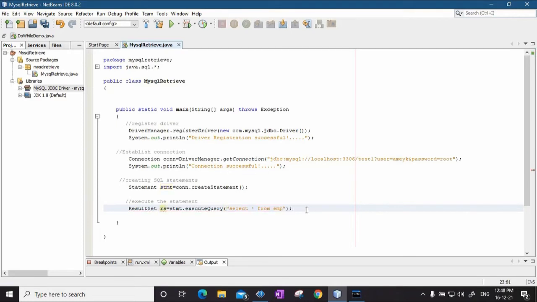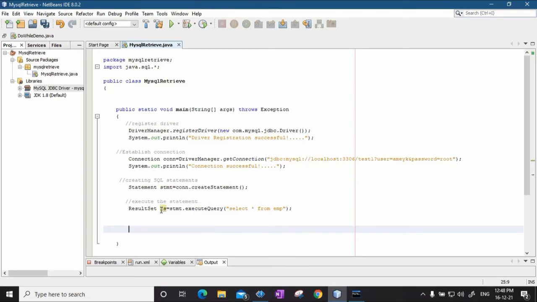This is the query. Okay. Now once this query is fired, the object of result set will contain the result. Now that result will not be a single tuple, it will be many tuples. Each tuple has to be handled, and the values of each tuple have to be printed.